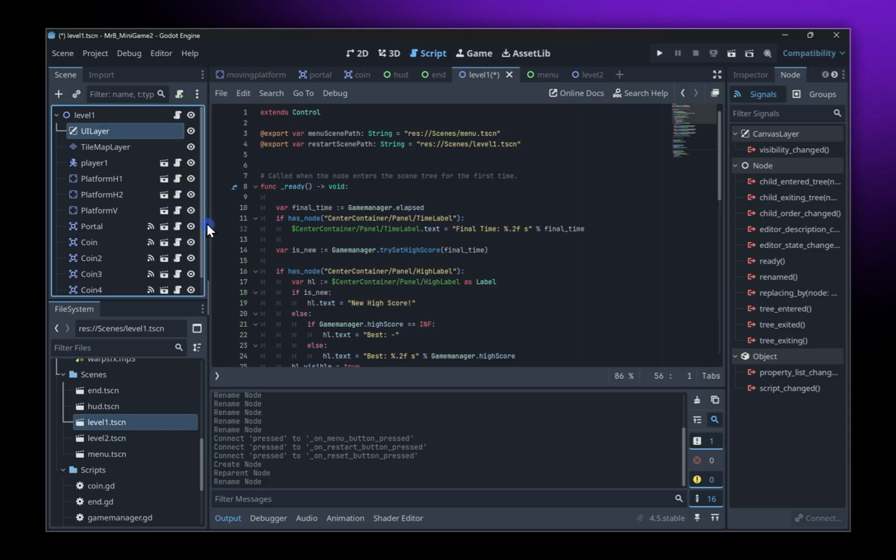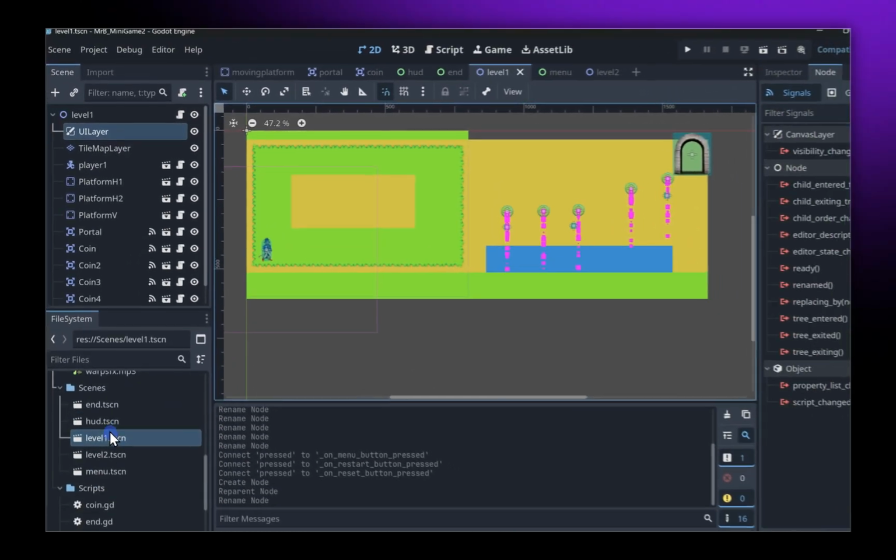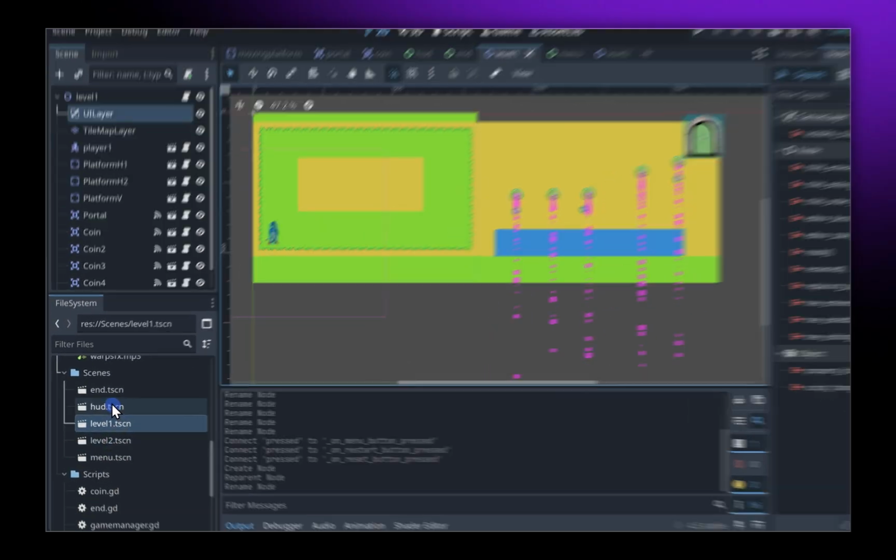Okay. And then inside of that, we are going to add our HUD scene. Okay, so we can take our, and even if you had it on 2D, so if we're going to take our HUD and